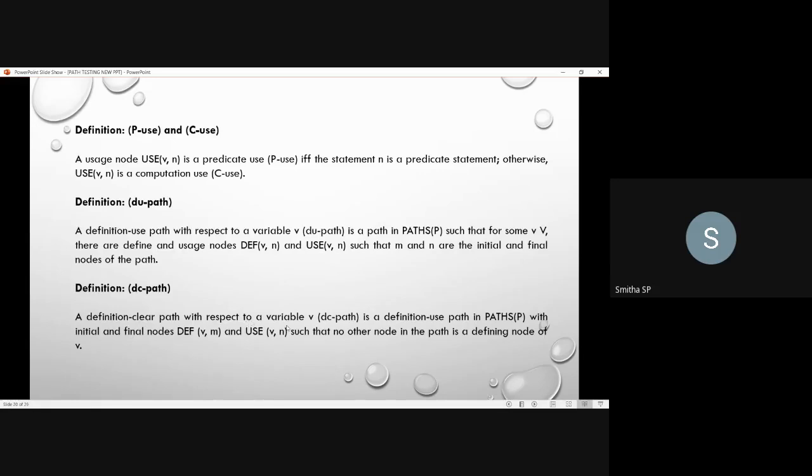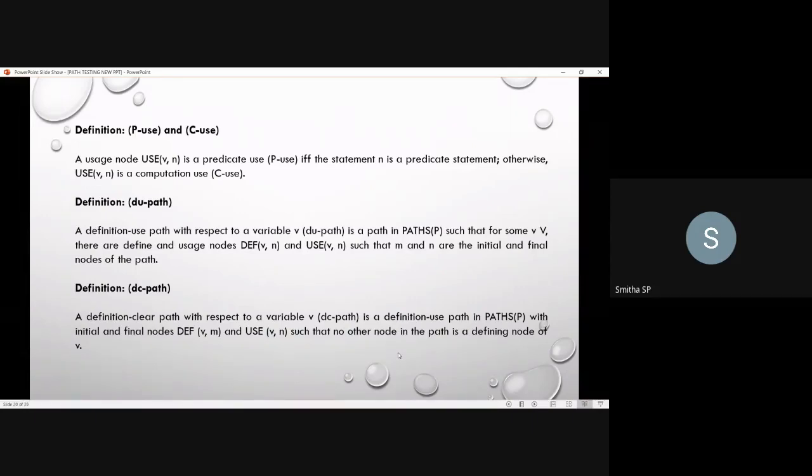A definition clear path with respect to a variable v is a definition use path in the set of paths P with initial and final nodes m and n, which are defined in DEF of v comma m and USE of v comma n, such that no other node in the path is a defining node of v.